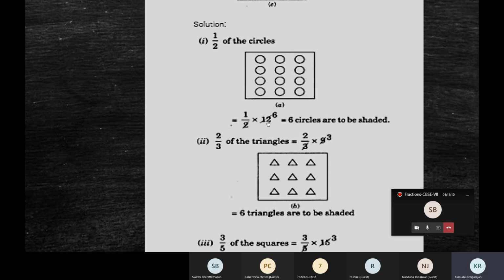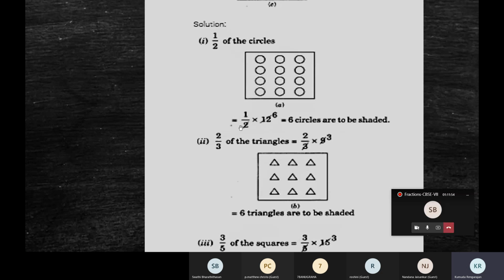How many circles? 12. Now see, as you keep working, you must also learn to work like this. You should stop doing 12 by 1 and all that. So you know that this 12 is in the numerator. You can take a number from the numerator, take a number from the denominator and simplify. You know that rule. As a beginner, we show the steps like 12 by 1, then we multiply the numerators, multiply the denominators. Now, once you learn the multiplication, you can straight away do this because you know 12 means 12 by 1.